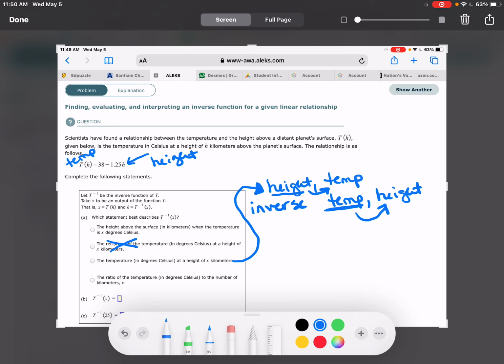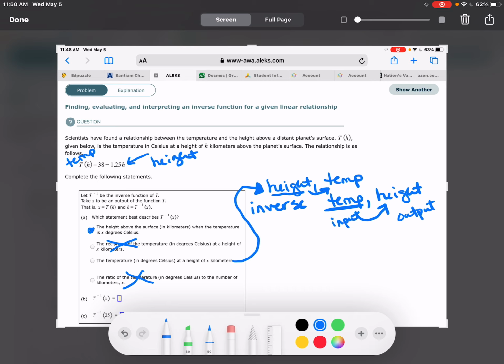And then the ratio of temperature in degrees, again, that's just getting odd and weird. So we're going to go back to the height because that is our output